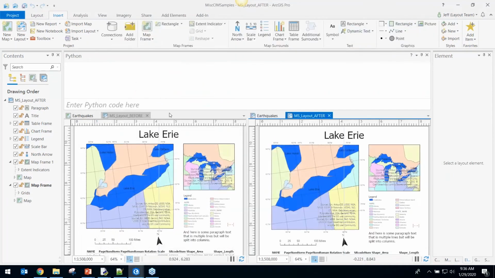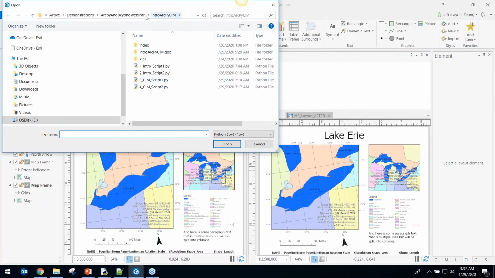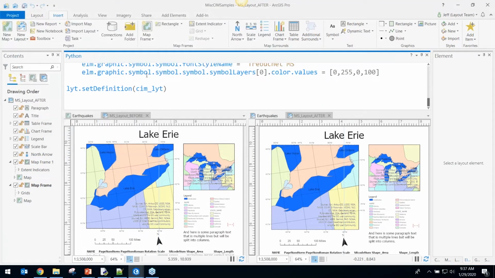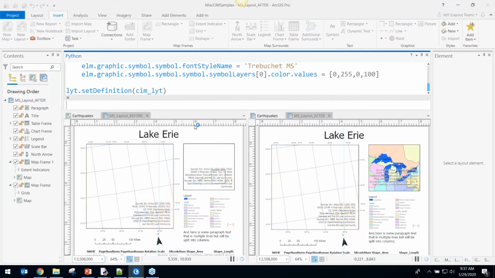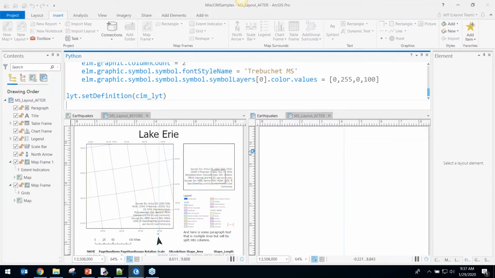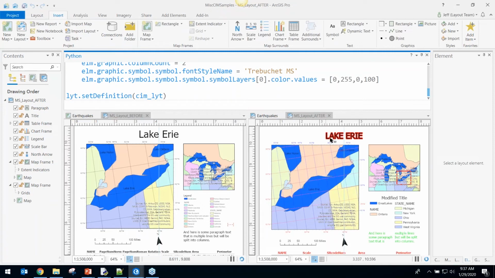So I'm going to minimize this, and so that you can see all the changes directly in the application, I'm going to load that script which references current. And everything I showed you, I just loaded into the Python window, and I'm going to execute. So now the layout's going to update with the dozen or so different changes, and you can see that yes,